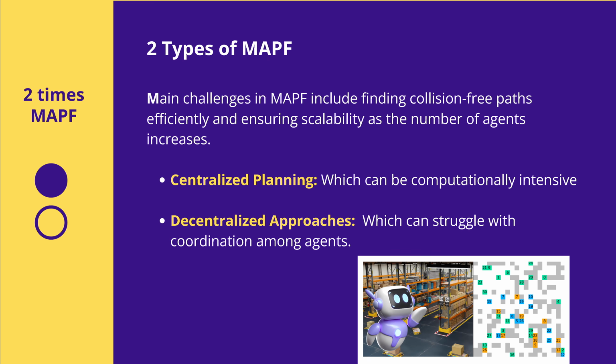Now, in general, let me tell you that we have two types here that we can change this, or we can control it. At first, we have a central brain. We have a centralized planning. You have an agent. This is the mastermind in the middle of all the agent networks, like in my last video. But this centralized planning needs to be the most intelligent agent. This agent needs to understand all the other functionality of all the other set of agents operating in the complete ecosystem. So this can be really computational intensive, but it has the advantage.